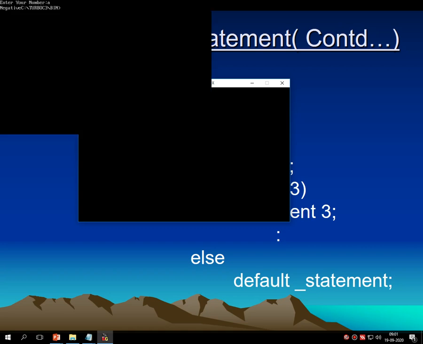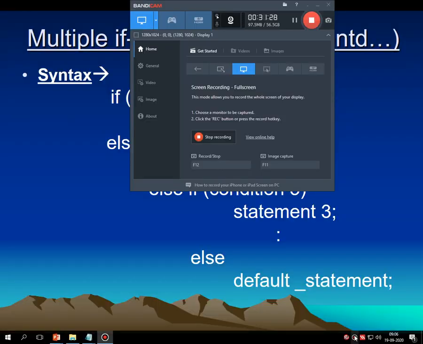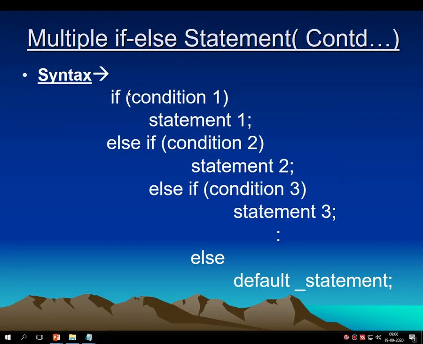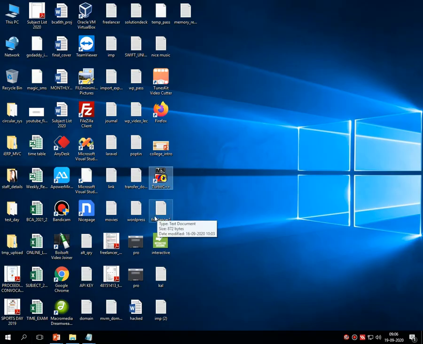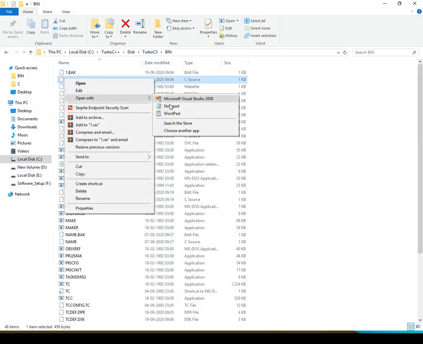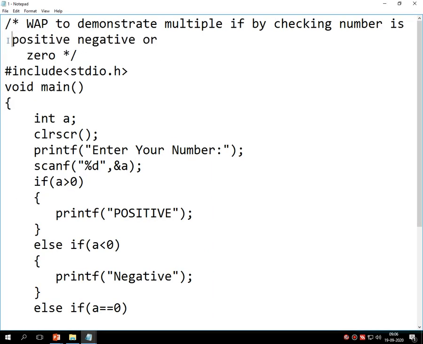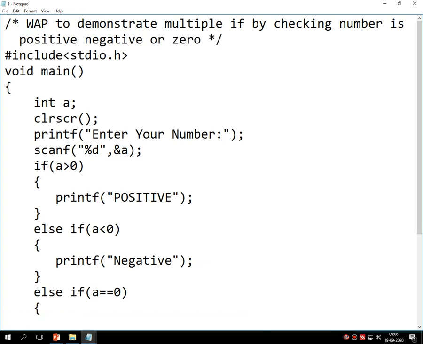Now let's check over the Notepad editor. Let me check the time first. Okay, this is the last program for today's session. So it's there over the Notepad. Let me rearrange these lines properly so the visibility becomes proper.